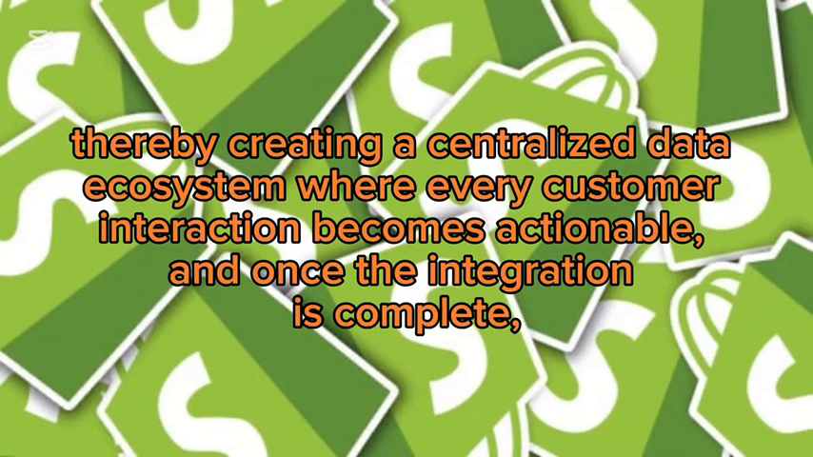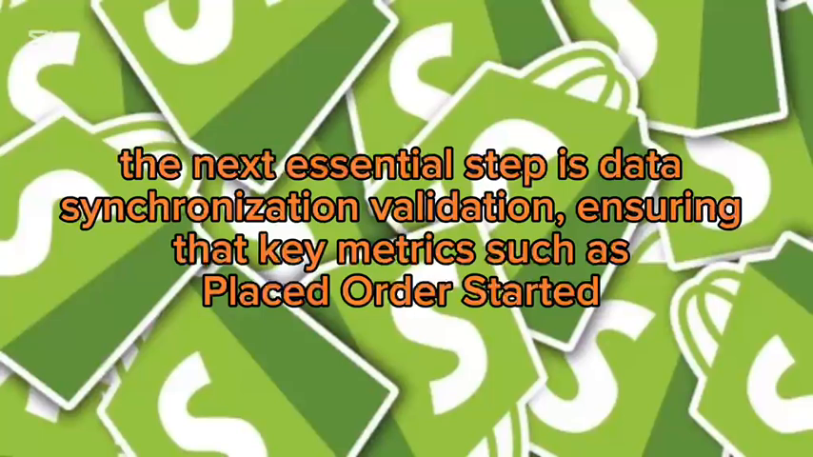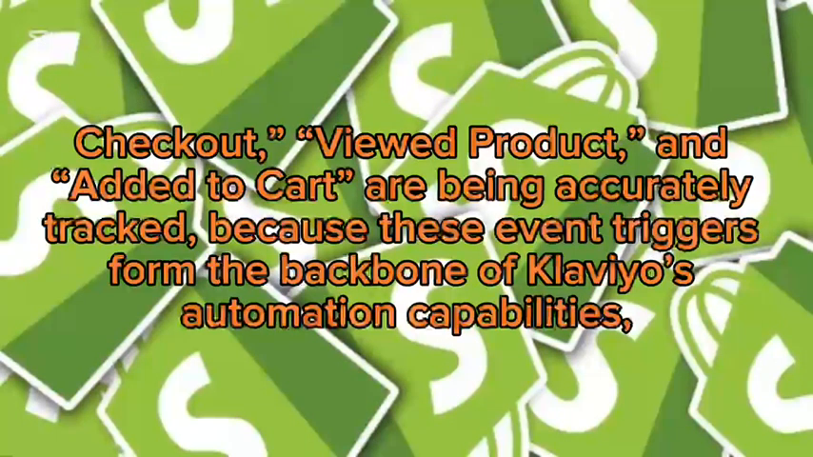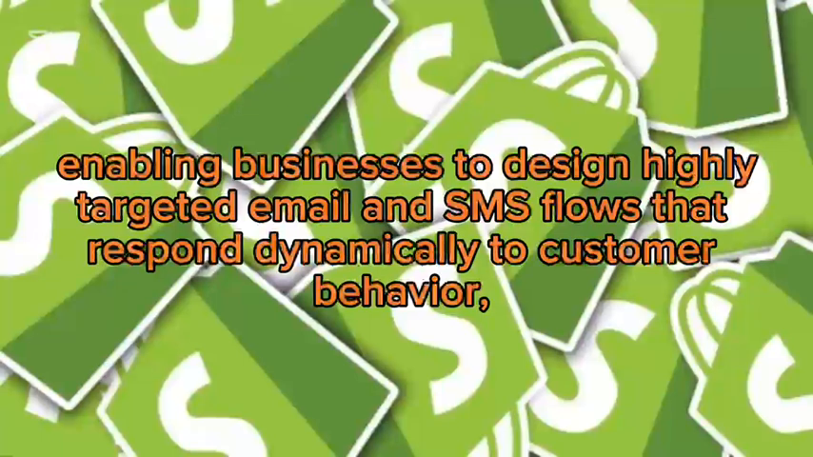becomes actionable. And once the integration is complete, the next essential step is data synchronization validation, ensuring that key metrics such as placed order, started checkout, viewed product, and added to cart are being accurately tracked, because these event triggers form the backbone of Klaviyo's automation capabilities, enabling businesses to design highly targeted email and SMS flows that respond dynamically